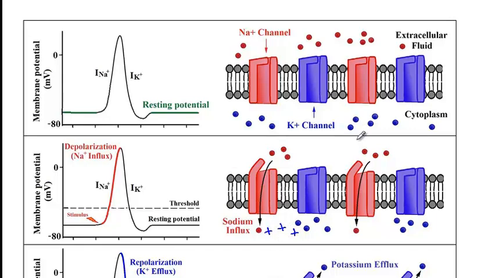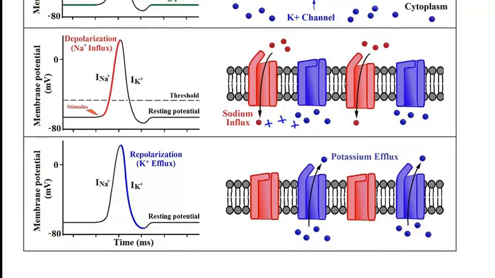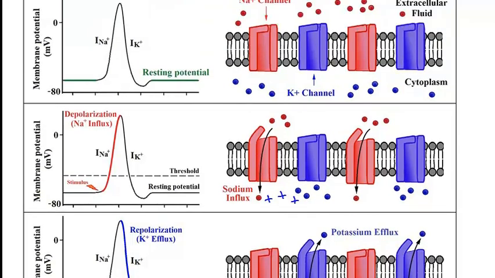And then during the next phase, once the membrane potential increases, now it's time to bring back the membrane potential to its original resting potential. So that's the time that the potassium channels open in order to let potassium outside the cell. And by letting potassium outside the cell, again, we will have more negative inside the cell, and so now resting membrane potential is initiated. So that's another function of the sodium-potassium pump.